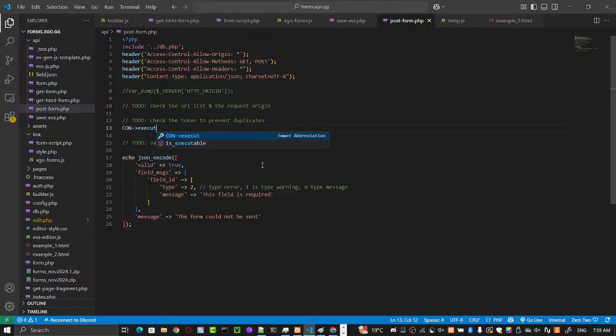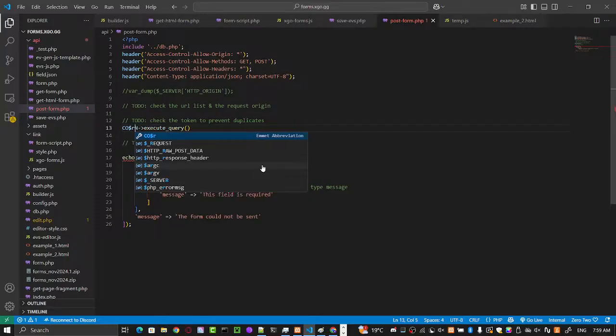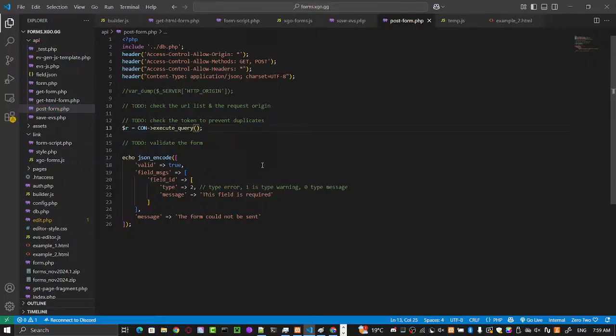We have to execute this and get a response from that. And it's just select from records where fs is equal to this value, and we need to,